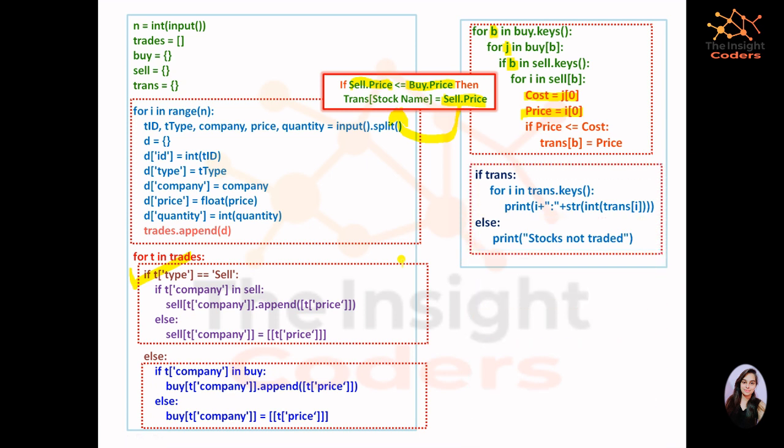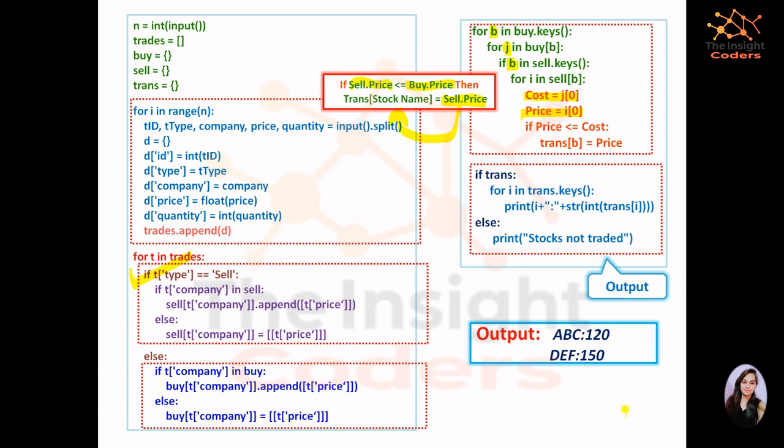And then you just have to print it, in a format like this. So what I am doing is taking the company name, ABC. Then I am concatenating a colon. So this is a colon here, right? Now whatever is the value, that price, I am just doing that. The same way I just have to do for all of them. So this would be the final answer.